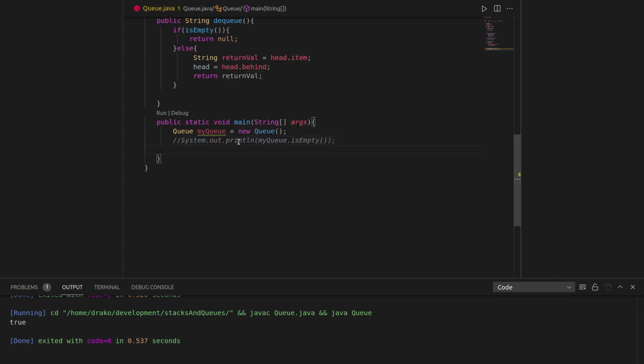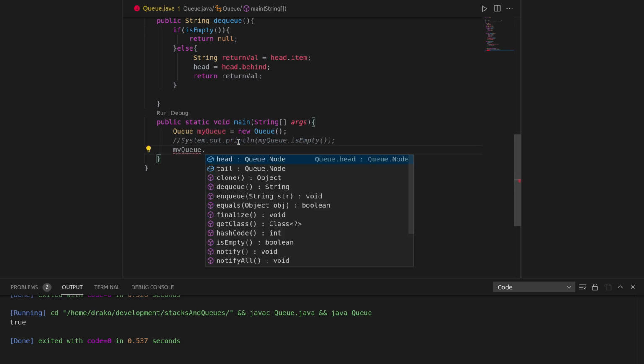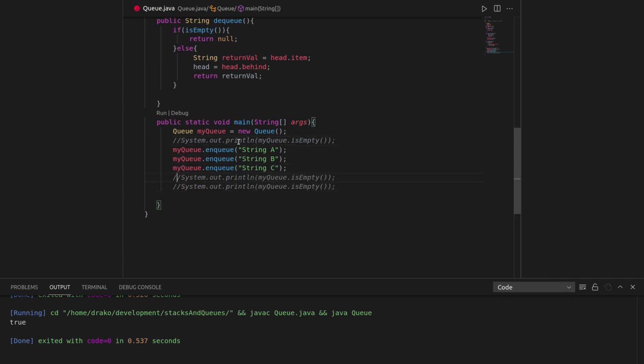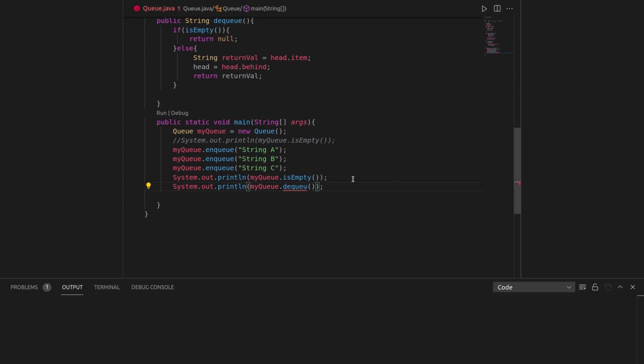Let's see if we can add some elements to our queue. Now we have added three elements to the queue, which is string A, string B and string C.